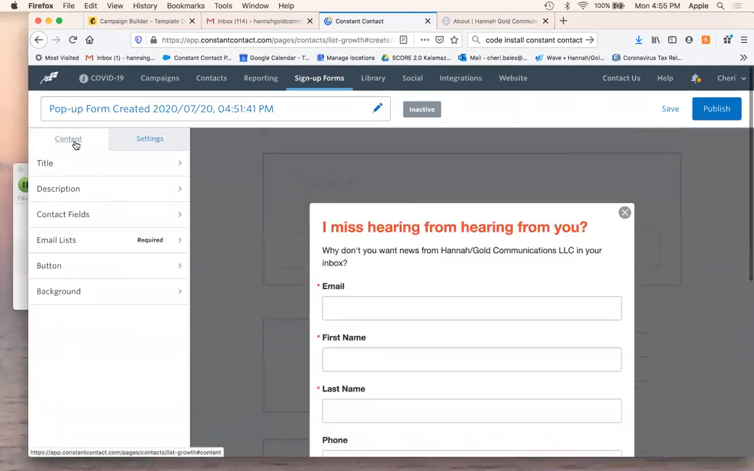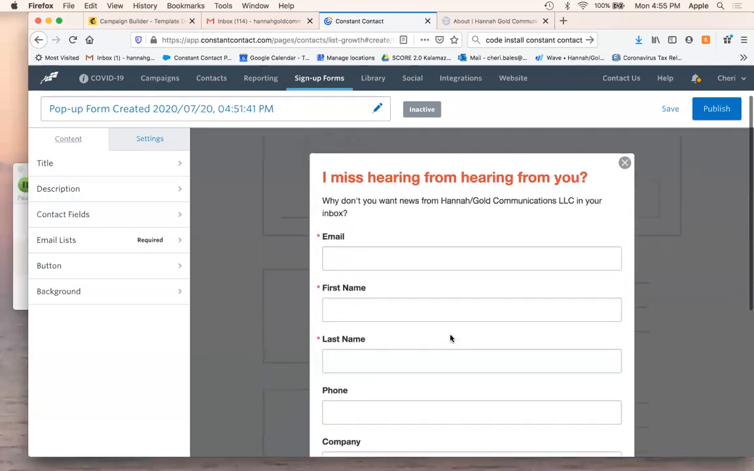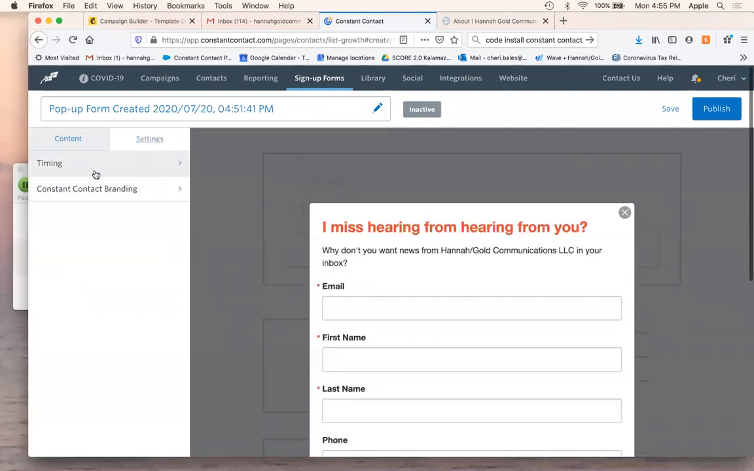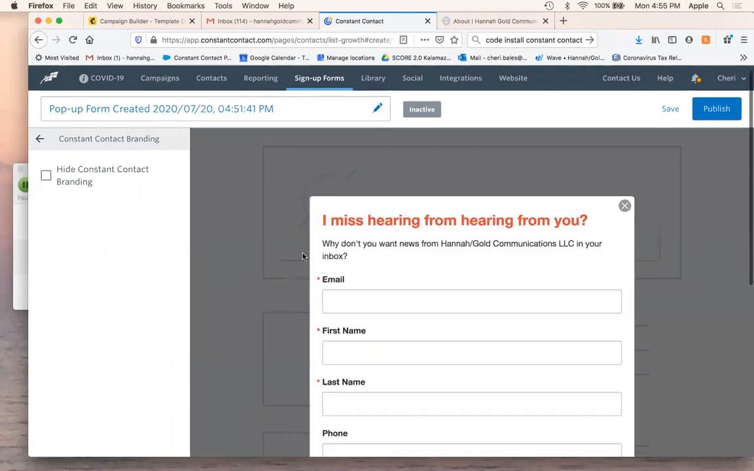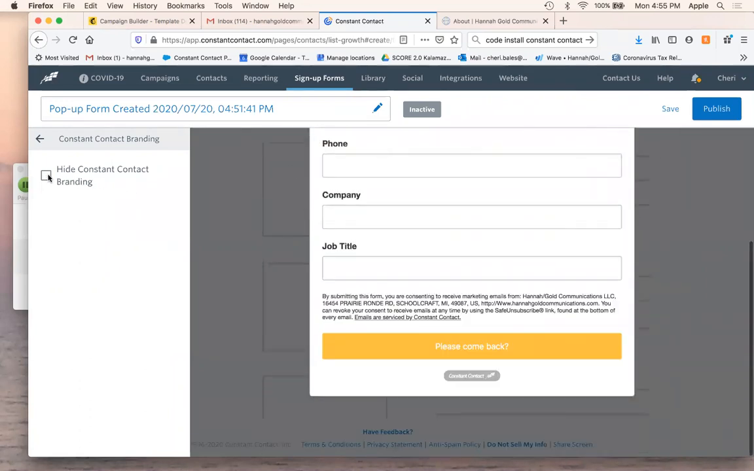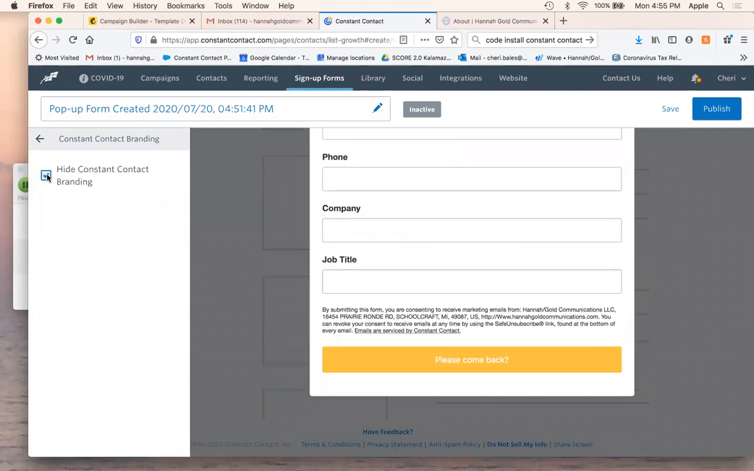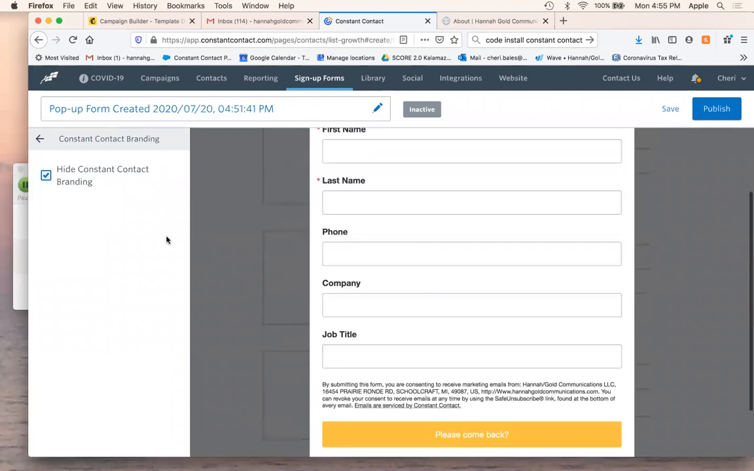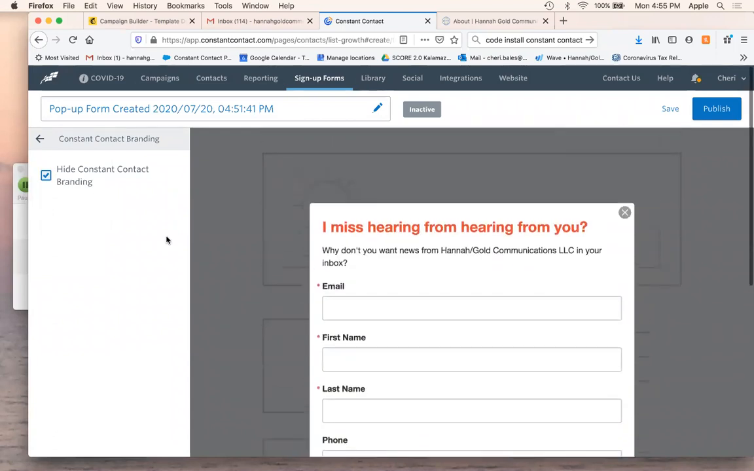So those are content, all the things in here, and settings when you want it to go up and whether or not you want to. This is really helpful at the Email Plus level. I can make Constant Contact branding go away, which is okay. I mean, Constant Contact has a good enough reputation that it doesn't hurt to have it down there, I don't think. So then I can either save it or I can publish it,